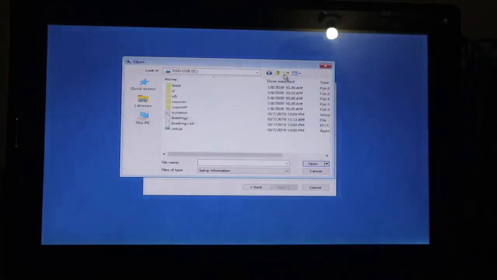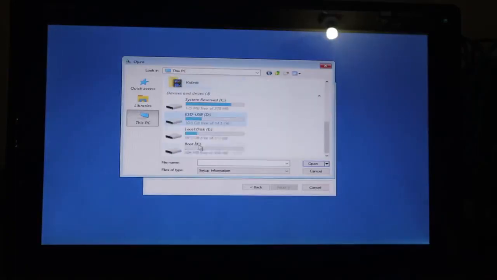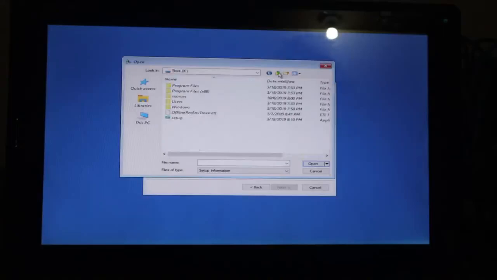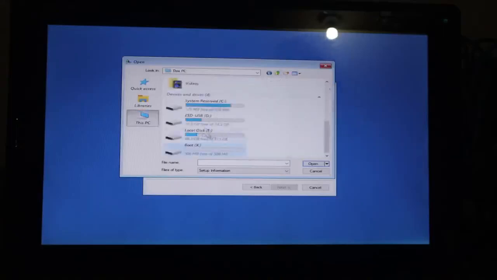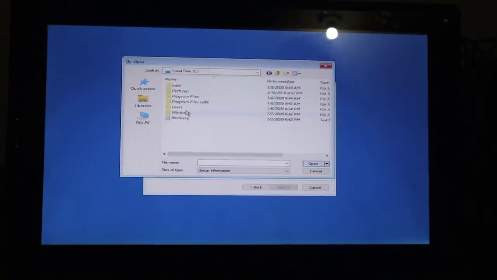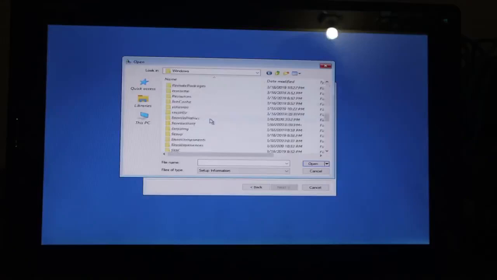Now there will be similar drives, but the other one will be bootx. So if we have the bootx, you open this one, it has a Windows, but it is not our drive. It's the other drive that contains that Windows folder. So bootx is not the drive we're looking for, and there's only one here. That's the drive we're looking for. Open this one, and we have a System32 inside. We open System32